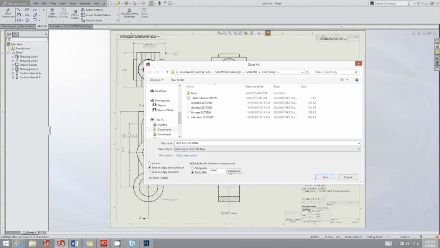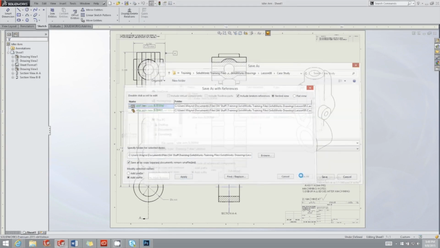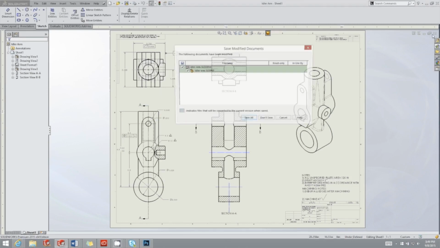If we go into the advanced box, it's basically just going to bring in another dialog. So I'm going to want to make sure that the drawing in tune with this gets the same -new suffix. Now, I did each of those individually. You could also do a shift select on the keyboard to do multiple files to grab those new references. Just choose save as, or save all rather, and if I close this, we'll see here in a second,